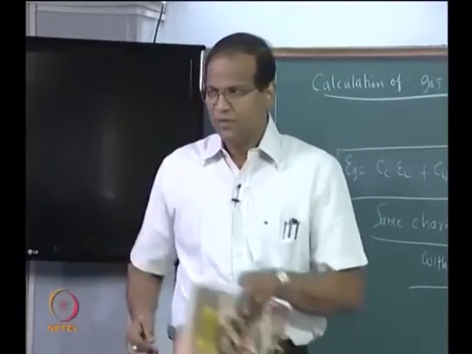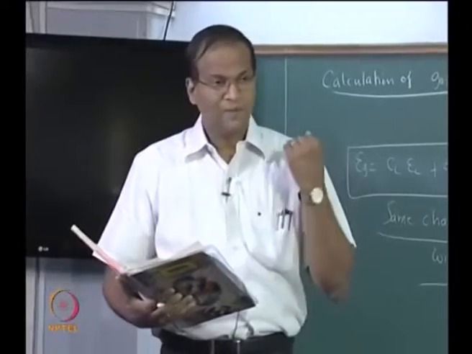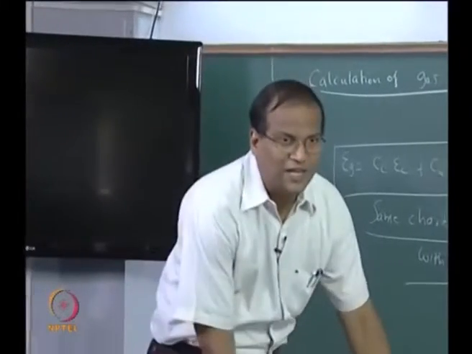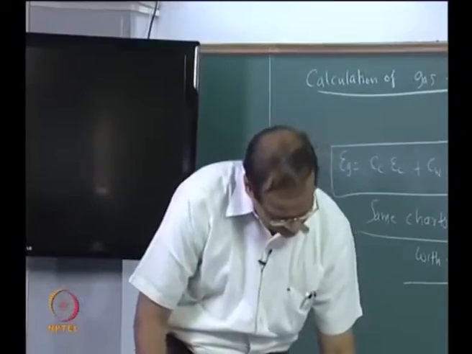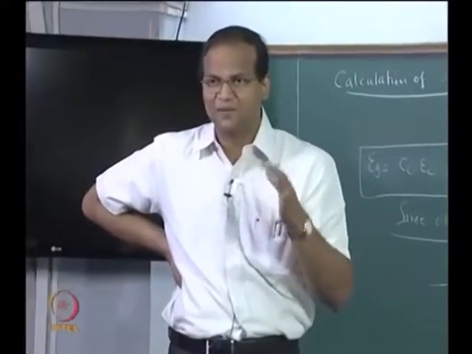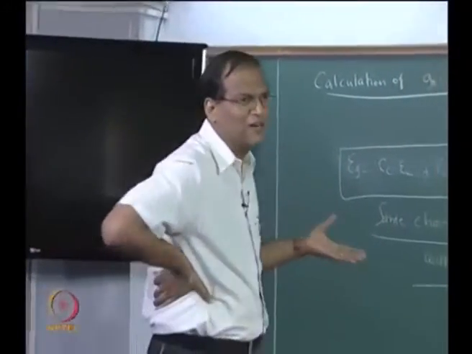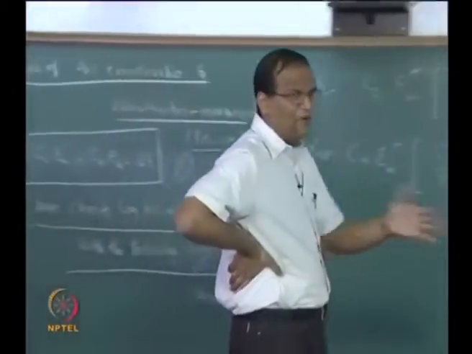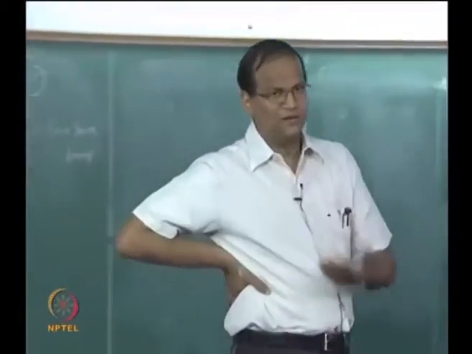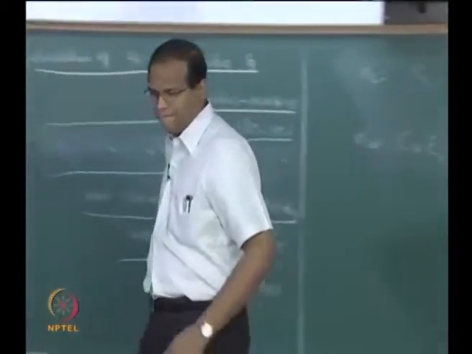Okay. Now we will start the development, because we cannot straight away go to enclosure. The temperature radiation is being absorbed by the gas mixture from a particular surface. We can always start only with one surface, then use a modified enclosure theory and do it. So that is not a problem.